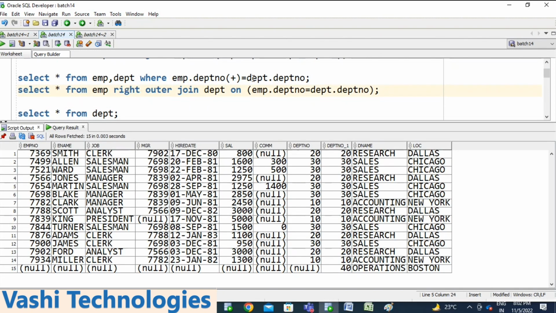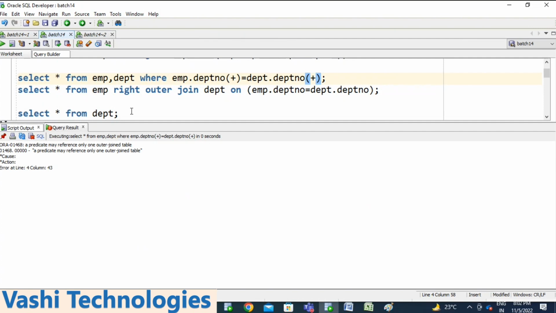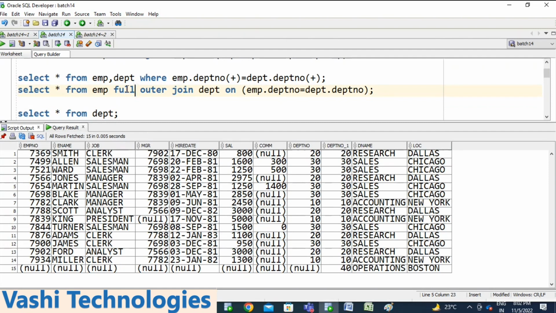In this case, if you want to make a full outer join, you are not able to put the two plus joins in the same place, right? But you can simply change right to full. So this is the advantage of this. It simplifies our query writing. The backend will work the same: left outer join union with right outer join. The same functionality will run at the backend, but you simplify the writing of the queries. Okay, so these are the joins and the types of joins.